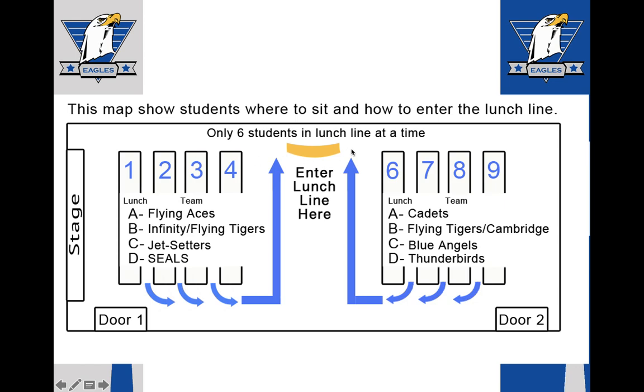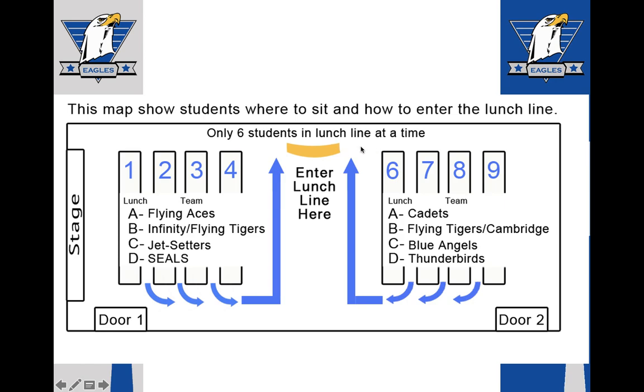If I was in row 8 and an adult called row 8 to get their lunch, I would walk towards the windows from this side and walk to row 5 and enter into the lunch line from this side. I would also wait behind the blue line. If there are already 6 students in the line,